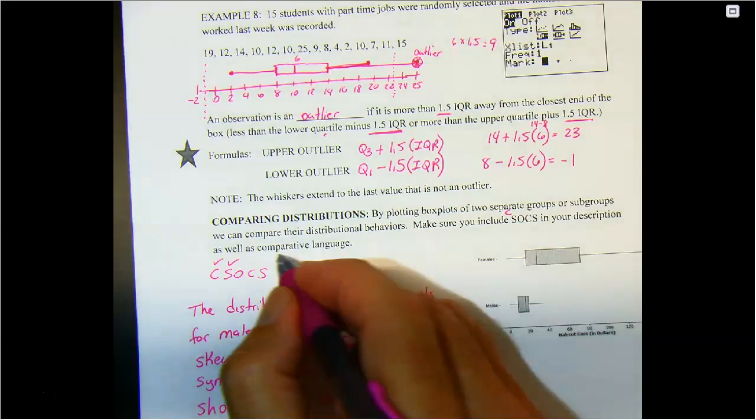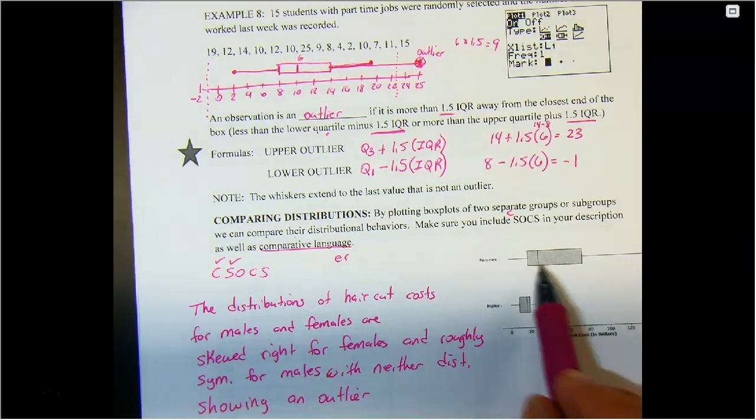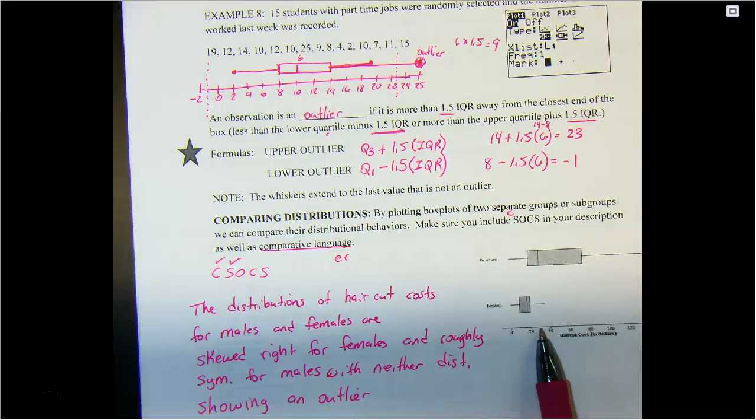Okay, so again, here's where my comparative language comes in. My comparative language is going to be my ER words. So we're going to talk about the typical female haircut. Since this is skewed to the right, I have to use my median. It looks like 30. So the median price of the female haircuts is about $30,